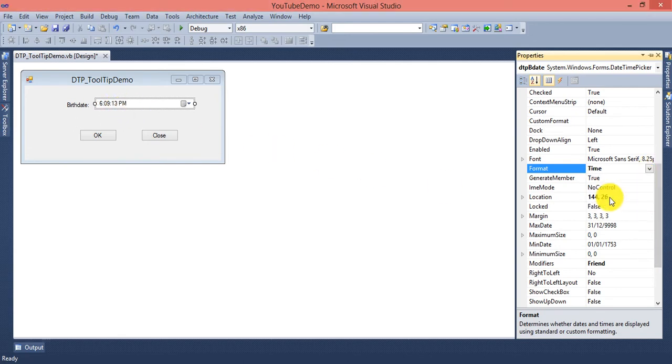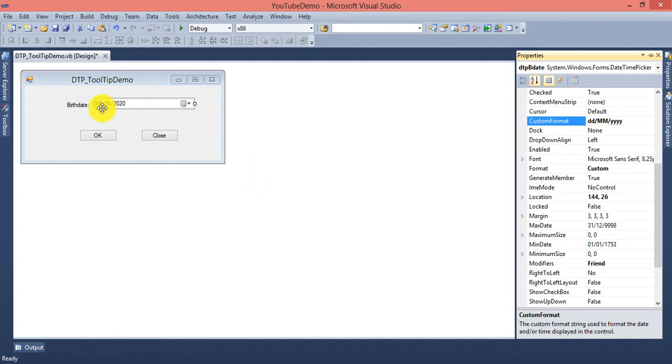If you want to display time only, it will display time. You can set it to Custom, and then I advise you to set the custom format: DD, then capital MM, and yyyy, and press enter.